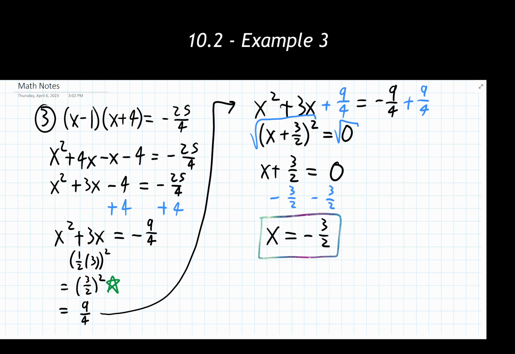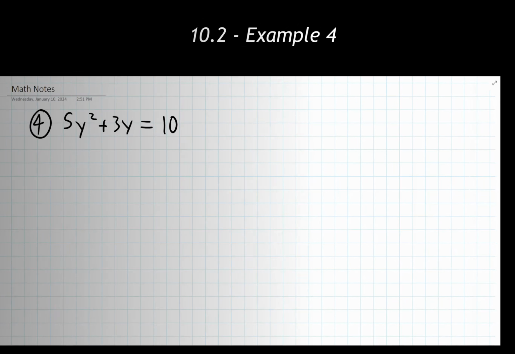I do want to note, as a heads up, so where you don't have any false assumptions showing up here, the fact that I got one answer has nothing to do with the starting thing written in this form, nor does it have anything to do with this number starting off as a fraction. It's just how the numbers worked out when we went through the problem. So be careful in making an assumption that if something's written in this form, I'm only going to get a certain number of answers. It's not the case at all. It's just a coincidence for this one particular example.